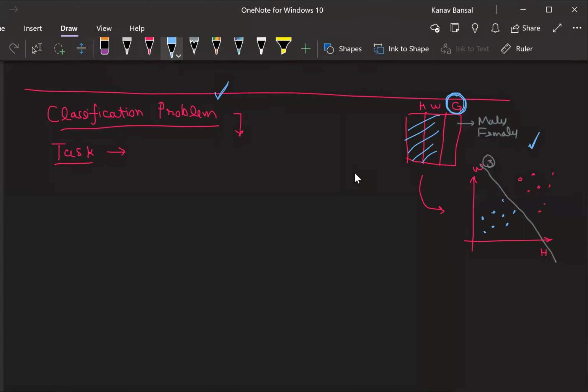In case data is humongous, with hundreds of columns, I won't be able to visualize that data. But in 2 dimensions it is easy to visualize, right? We can visualize 2D, we can visualize 3D, right? But in higher dimensions, just try to understand that this is something that we are trying to do even in the higher dimension, right?